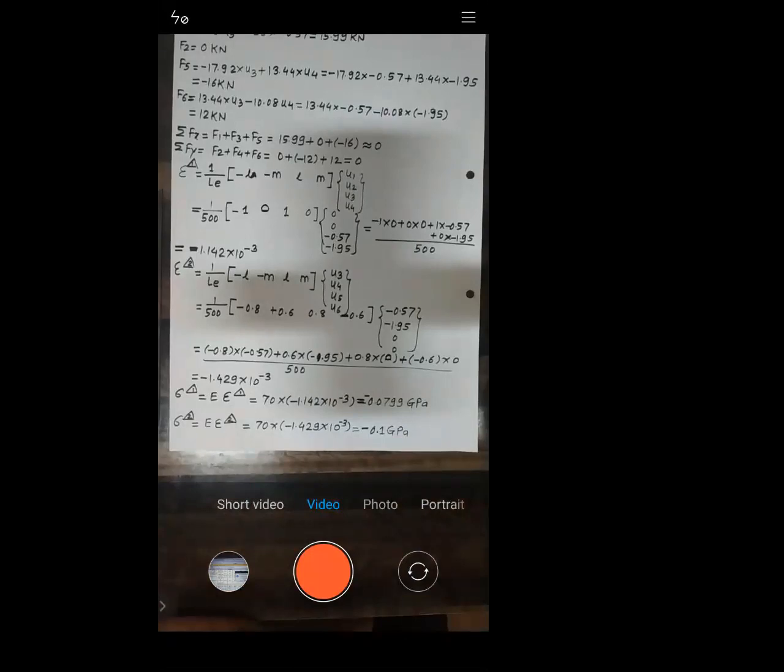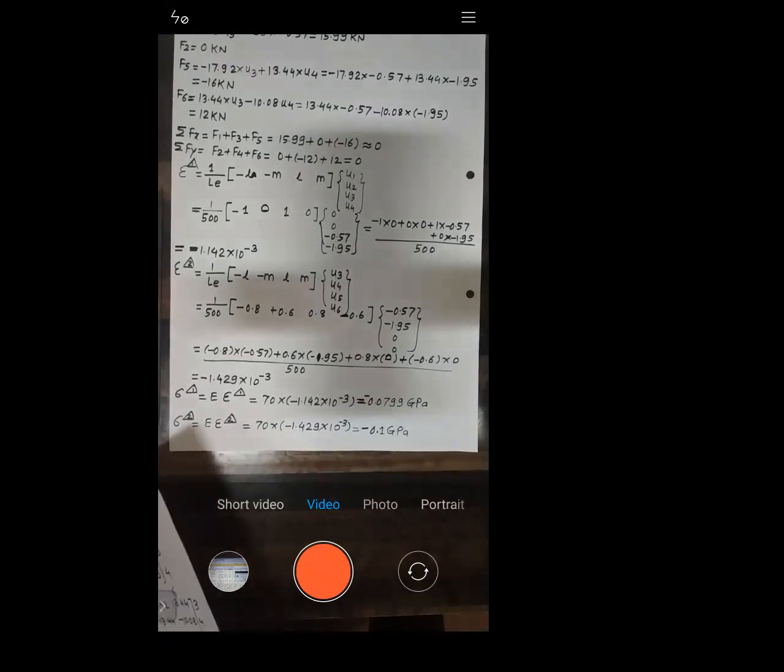Yes, sir. Sir, the strain value is coming negative, does it mean it is getting compressed? Right. When stress is coming negative, it's compressive. If it's positive, it's tensile. It just tells you the nature of the stress, whether it is compressive or tensile. Right. Is it okay with this one? Let me know. Is it okay with this one?